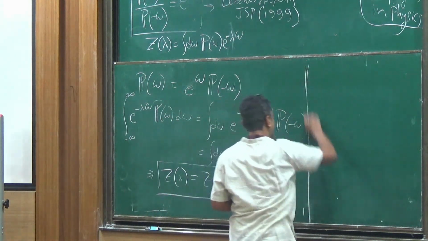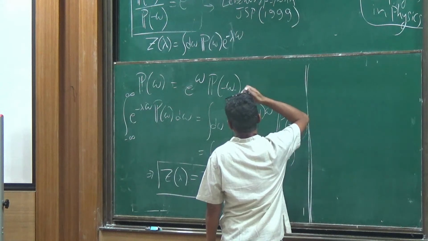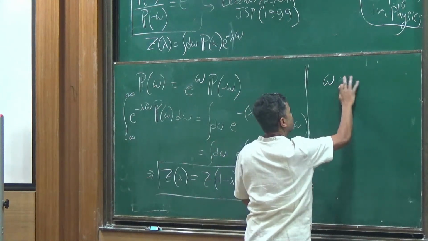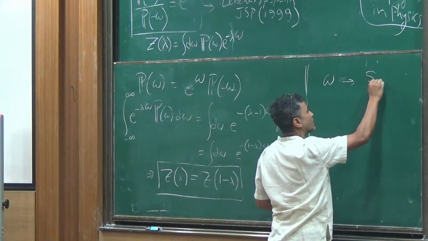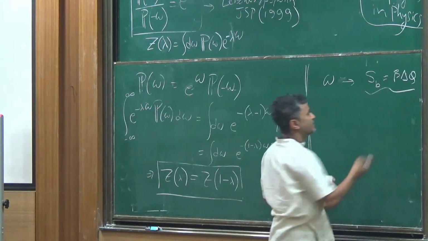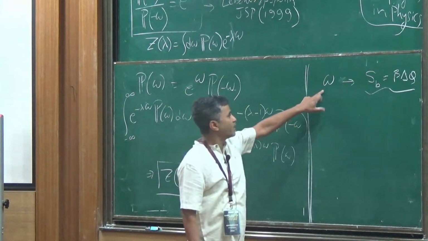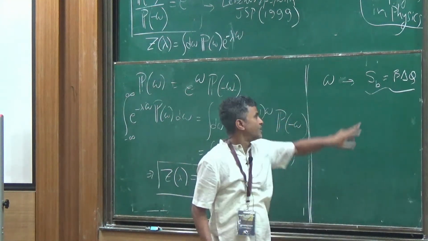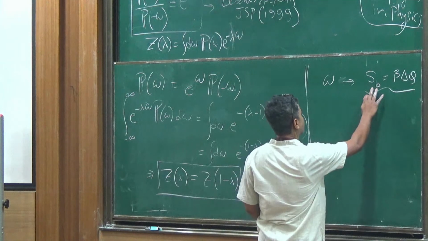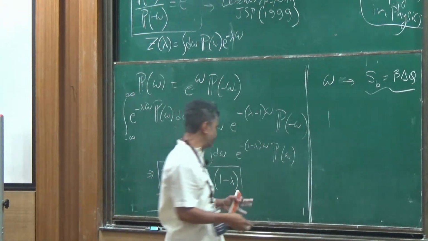Then there is this other set of theorems where one is looking at not omega, but instead of omega you look at the entropy. Supposing you are just interested in knowing the properties of this quantity. Instead of omega, which is this plus the change in system entropy, if you are interested in knowing whether it follows any kind of fluctuation theorem, then it turns out that what you can show is that, first of all, like I said, the simplest example you can think of is